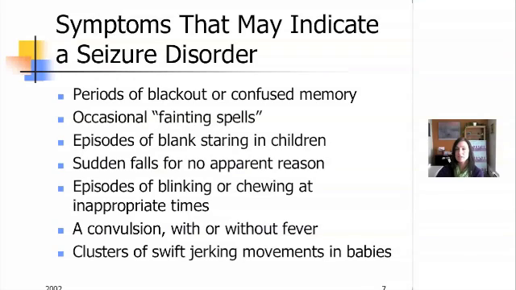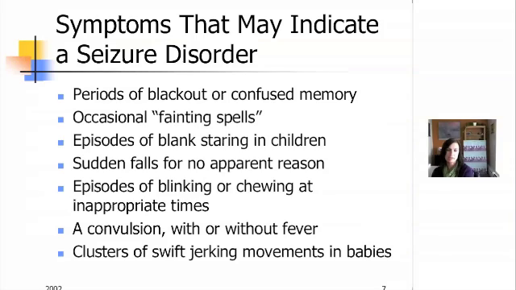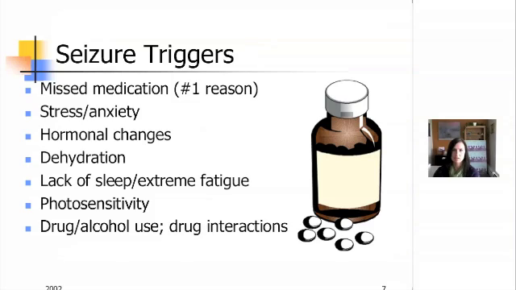Some general symptoms that will occur during, hold on, let me look. Yeah, during all of these seizures would be, well, depending on the type, let's just go through the types. I don't think that these are listed in here. Okay, so